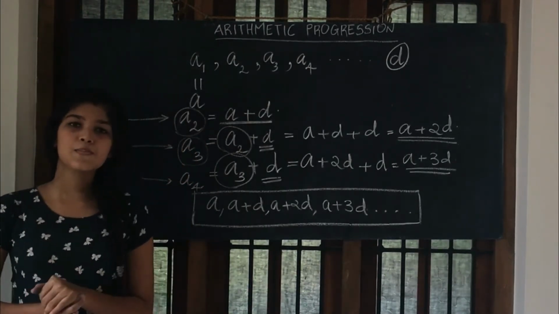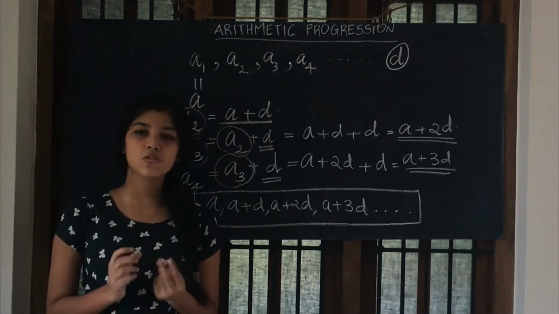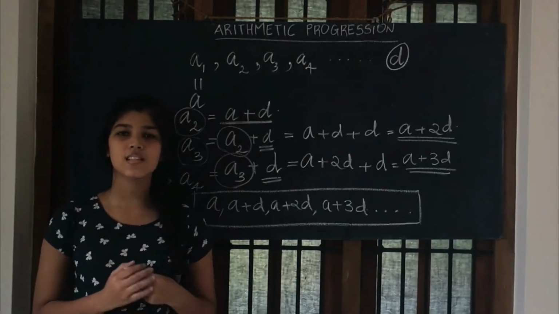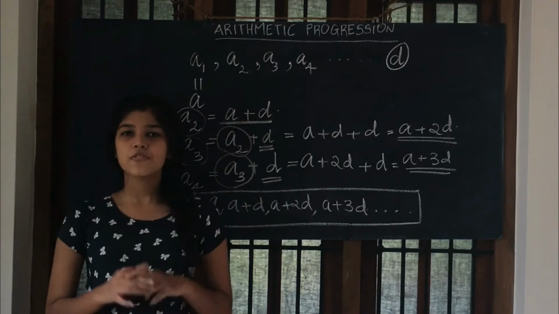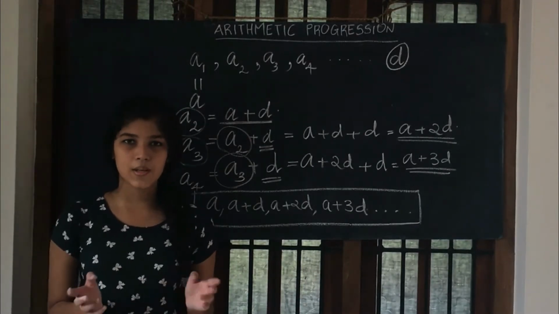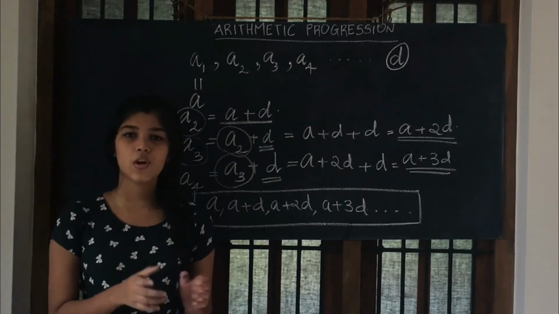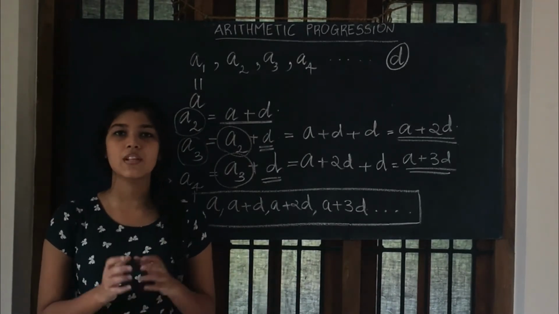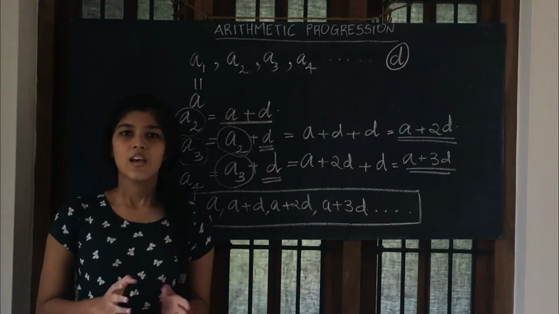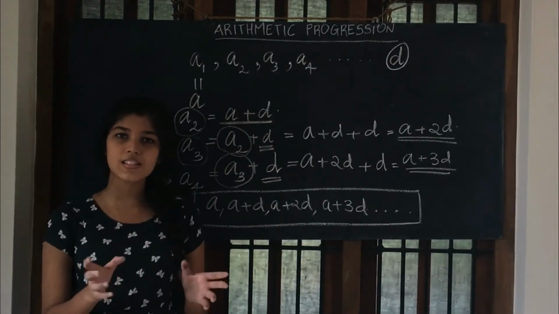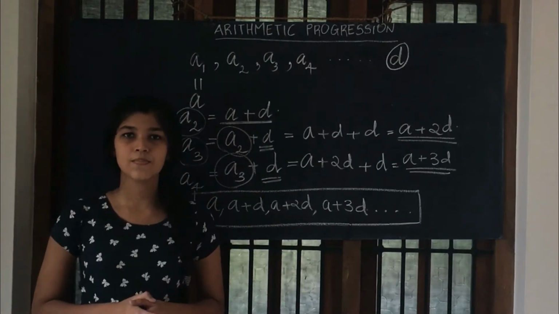Talking about the types of arithmetic progression, we have two types of AP. One is finite AP and another one is infinite AP. I hope from the name itself you have got an idea about its difference. In finite AP, we have a last term, or the number of terms in that AP will be finite or fixed. But in infinite AP, we don't have a last term, or that series will be a continuous series.